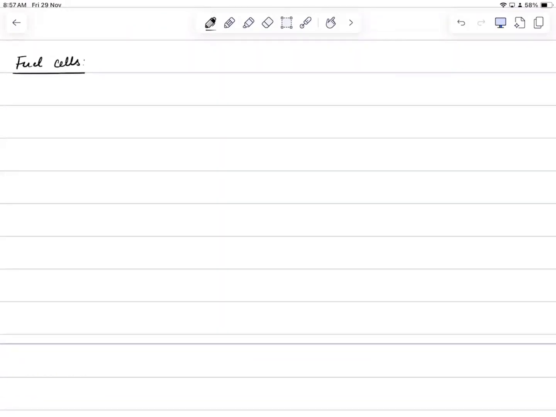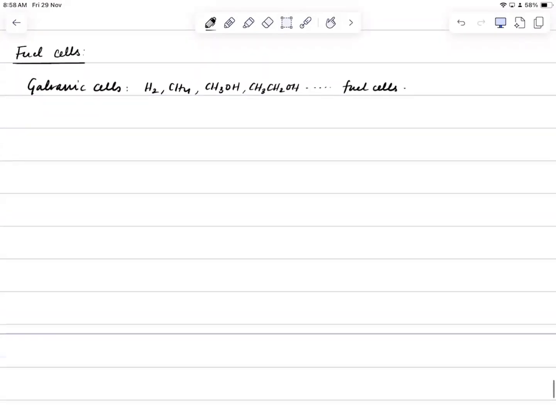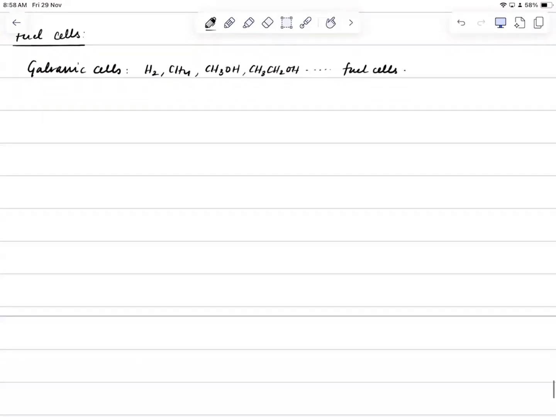Fuel cell, mainly the hydrogen cell, is one of the most important ones which can be used. Mainly, we call them galvanic cells which can be run using hydrogen, methane, methanol, ethanol. Got it? These are called fuel cells. Correct? Now, one of the most successfully used fuel cells is this one, where H2 gas is being